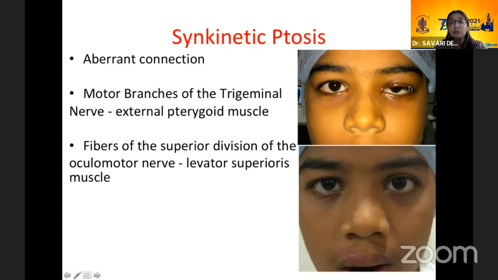But because of the well-formed lid crease, you often feel, though you know the muscle is dystrophic, that the levator will do well even on a moderate to advanced levator resection. But this is a red flag because of the synkinetic. Often these patients do have a well-formed lid crease and they still have a dystrophic levator and need a maximal levator resection to really get a good correction. Others will end up with a really, really poor undercorrection.